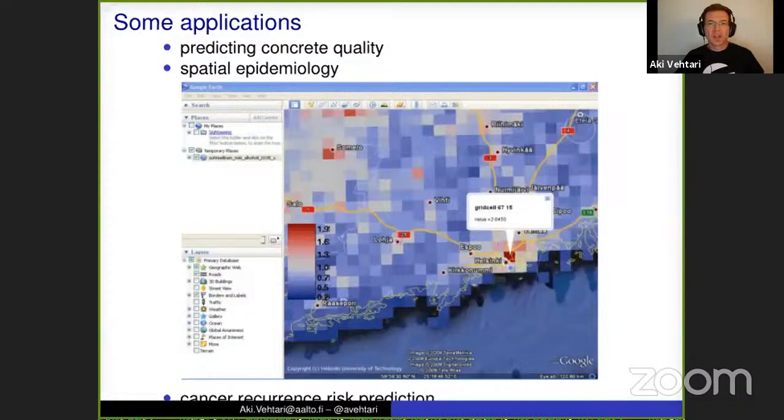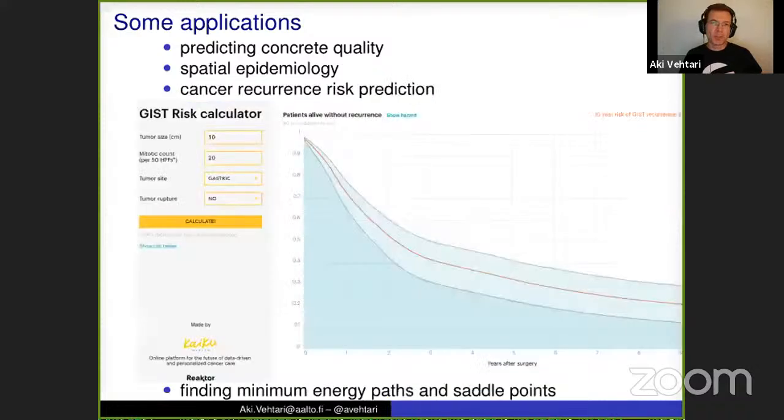Spatial epidemiology. The challenge there is that there are both long-range variations and short-range variations, and then also background information about this population and population density and so on. And these happen to be challenging: when you are combining different correlation length scales, these are challenging for these approximations. Cancer recurrence risk prediction,